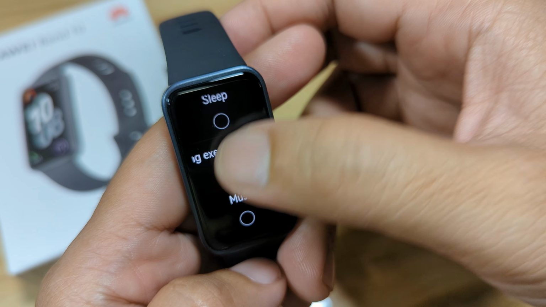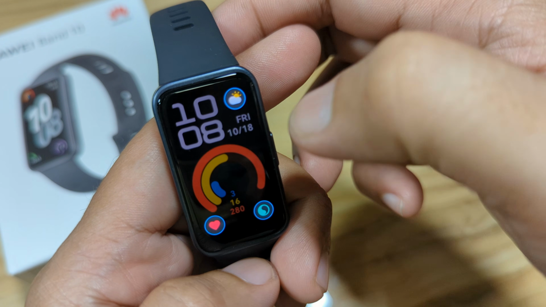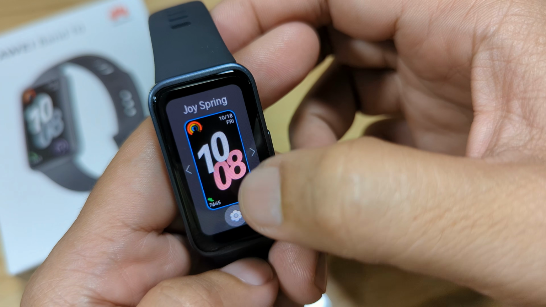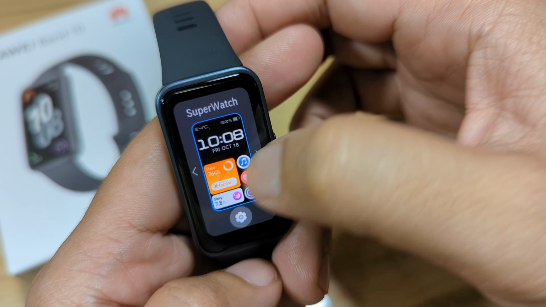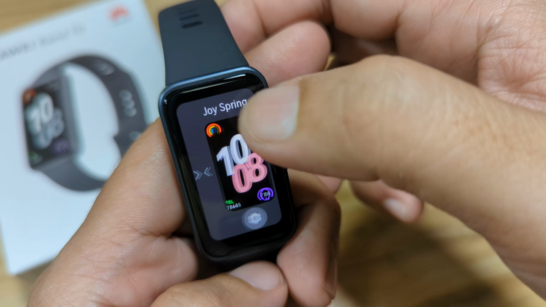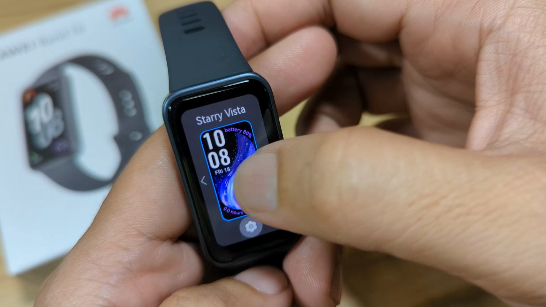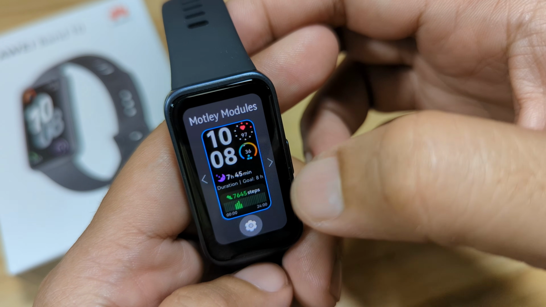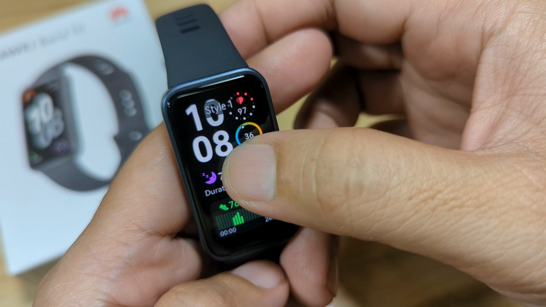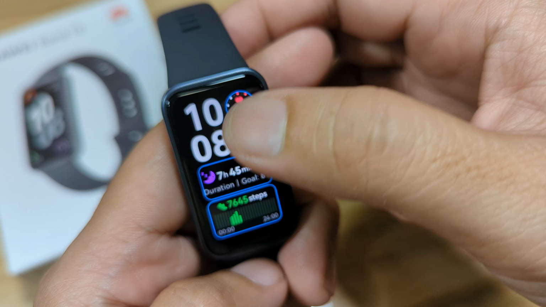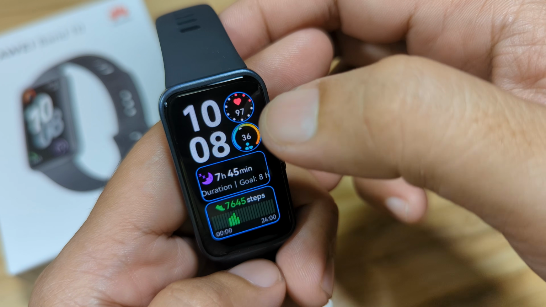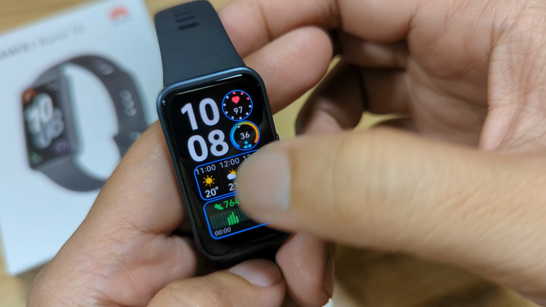Nice. Music. That is a pretty cool feature for our watch face if you want to personalize your smartwatch or fitness tracker. How about this one? Style 1. Let's change to weather.